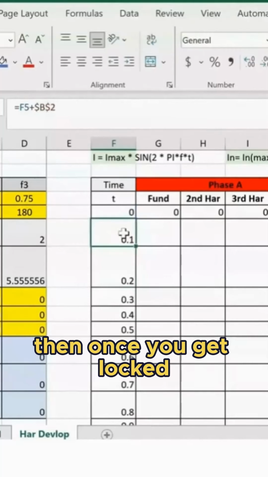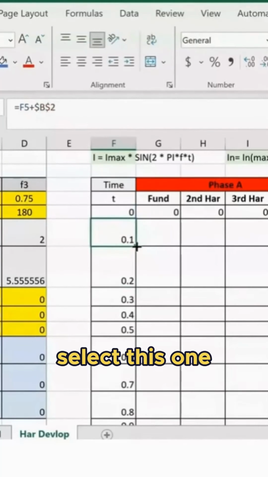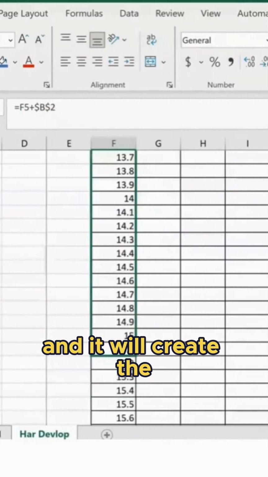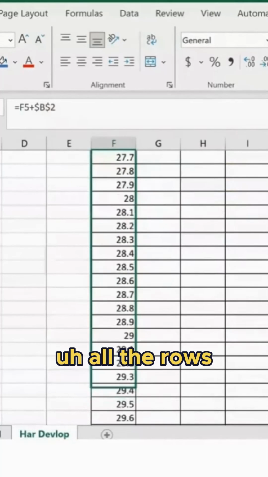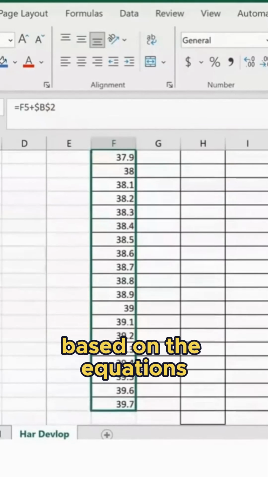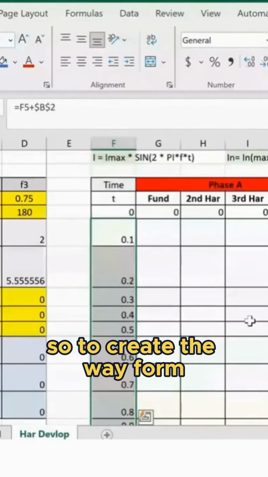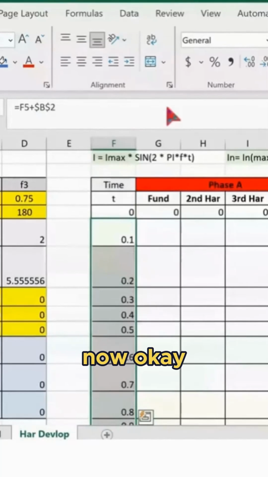Then once it is locked, you can select this corner with the plus sign. You drag it down and it will create all the rows correctly based on the equations. And I select up to 402 in this case, to create the waveform. So we define the time now. Okay,